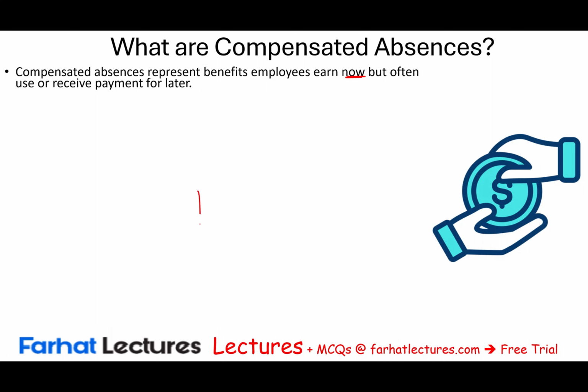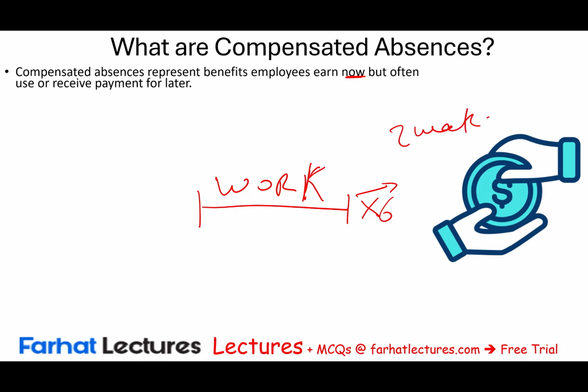What are we talking about here? Let's assume you're in year X6. You work for a company for the full year. After you work for the company 1 year, year X6, you would be qualified to take 2 weeks of vacation. Now, when can you take those 2 weeks of vacation? You can take those 2 weeks of vacation maybe in X7, maybe all the way to X8. I don't know. Maybe you can carry them all the way 5 years and keep on rolling those vacation time.